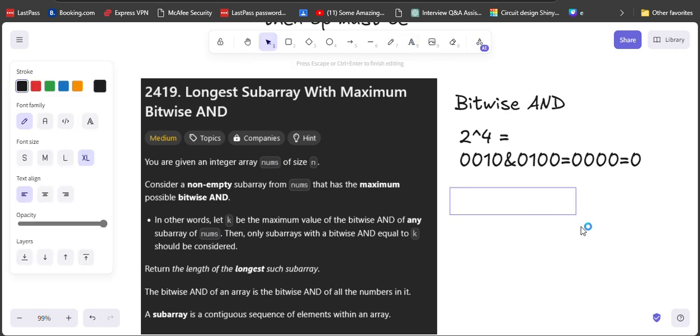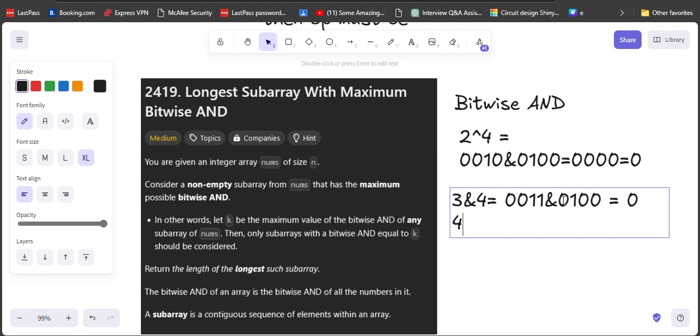We can conclude that, let's take an example. If I do the AND operation of 3 and 4, what does it become? 0 0 1 1 and 0 1 0 0, right? The AND operation of this is 0. Am I correct?